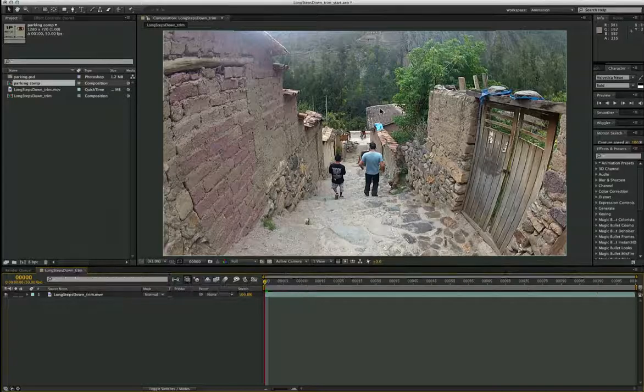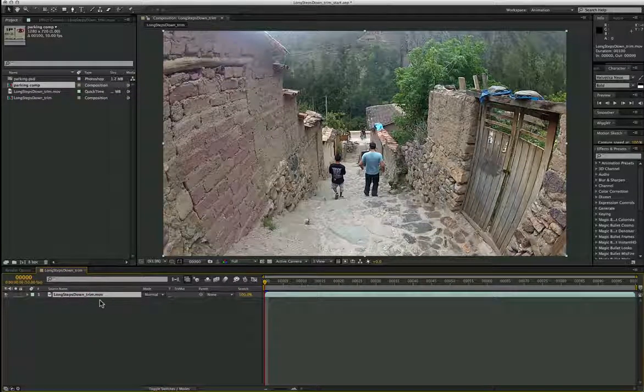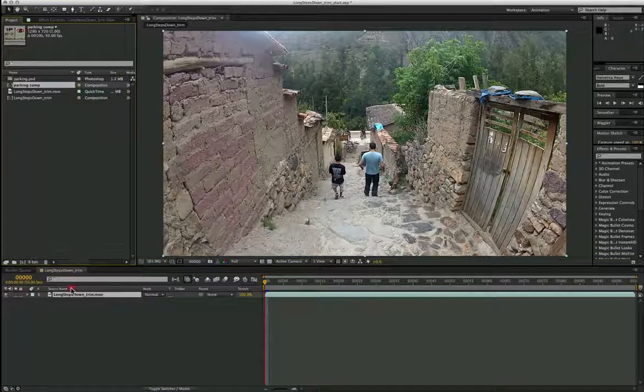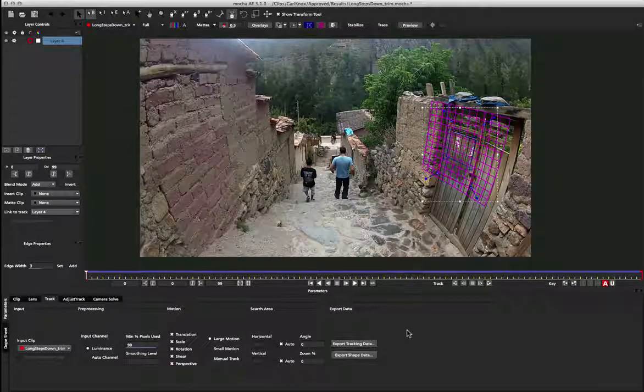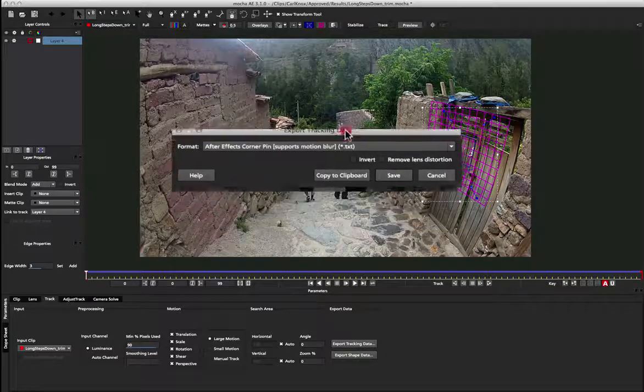So in order to make the distorted corner pin workflow clear, I'm just going to start the project from scratch. So I've got our original footage with no warp applied to it, and I'm going to bring in my insert. I'm then going to go back to Mocha and copy in the corner pin data that I need for the shot. Okay, so back over in Mocha, I'm just going to export my data again, and I'm still going to